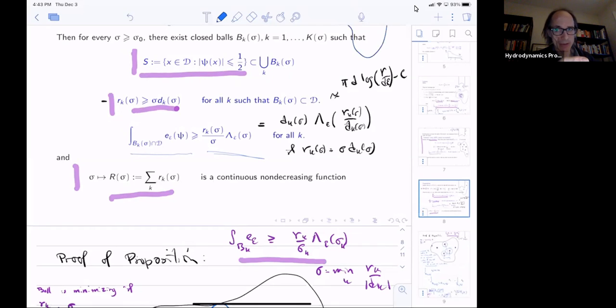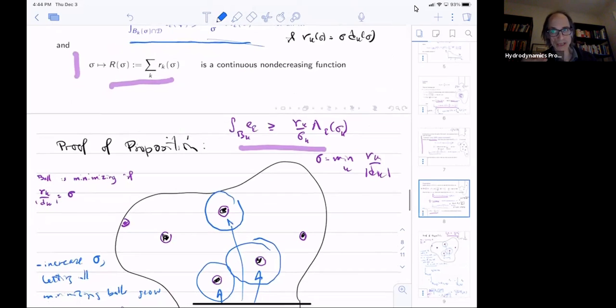So as I increase sigma, I'm getting a worse estimate of non-minimizing balls, but it's always satisfied. It's true. And so step 1 in the algorithm is I start with these balls. I grow them as described, and I can see that as I grow them in this fashion, each ball will continue to satisfy this estimate, and the other ones are easy. Okay, what happens? Well, if one of them hits the boundary, I just forget about it